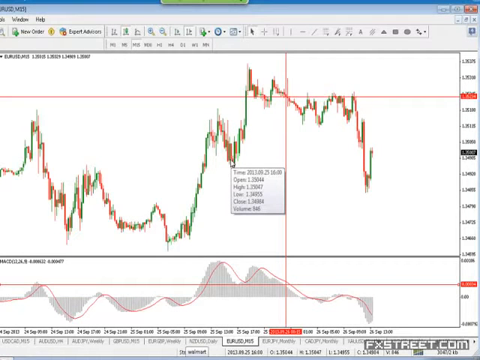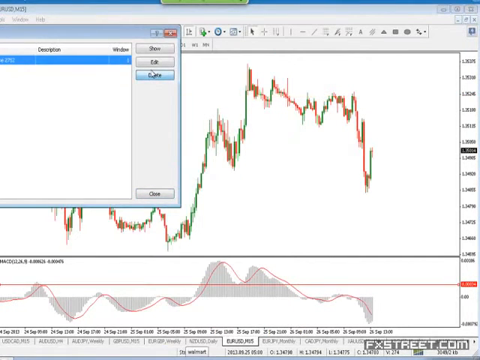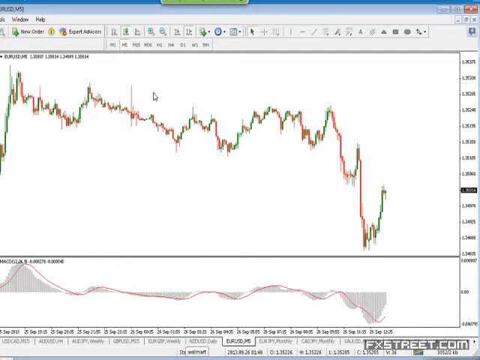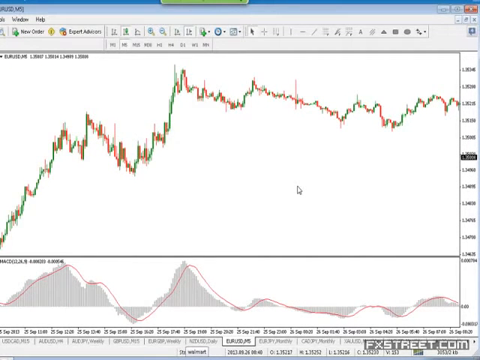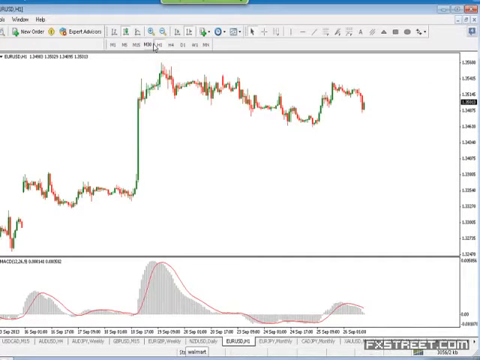So pretty much effective, right? It's a very good way of using the histograms. Try not to use it on smaller time frames. If we go down to the 5 minutes over here, you can see that the peaks and the valleys are not very clear because there's a lot of noise. I would prefer a minimum of 1 hour and above. Even on 1 hour, sometimes it's really not clear. On higher time frames, if you're swing trading, this is an excellent way to use a MACD to get a comparatively earlier entry into a trend.